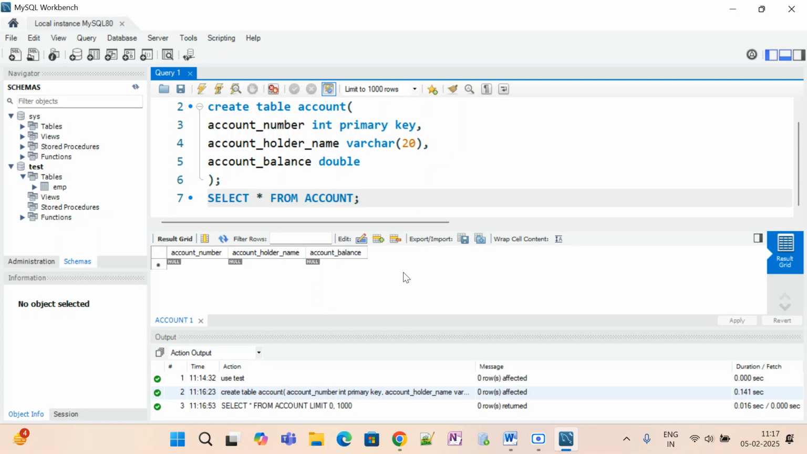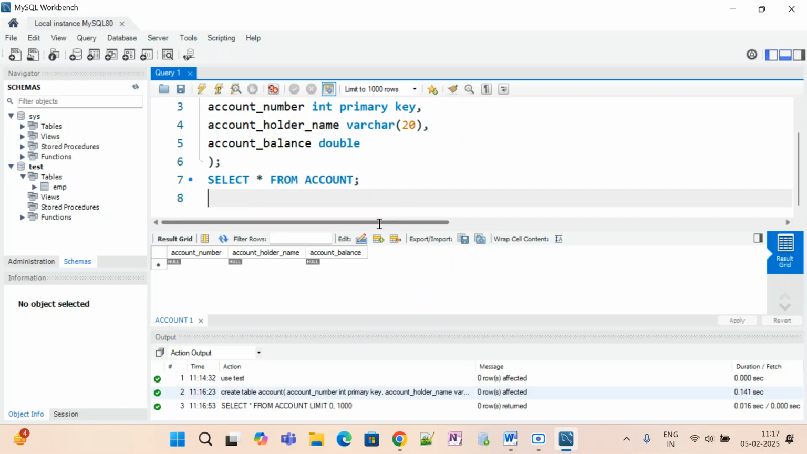So insert some records. I want to insert a few records. For understanding purposes, I'll just insert two records as of now. So, insert into account, my table name is account, and values. Okay, so what are the values I want to give? I want to give 1001, and the name I will give as Arvind, and amount,